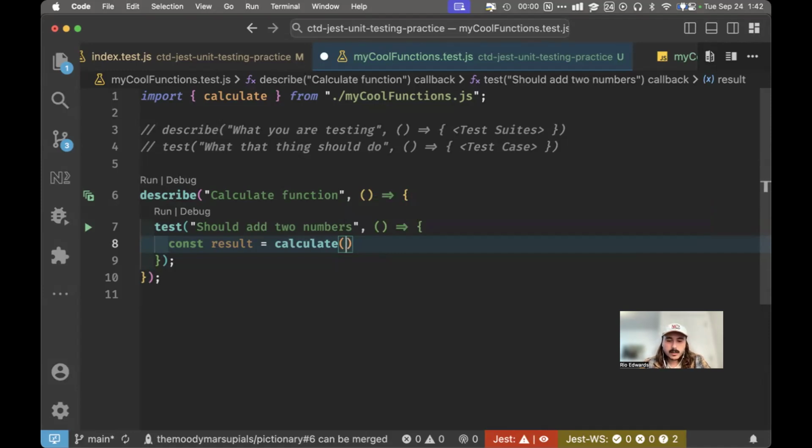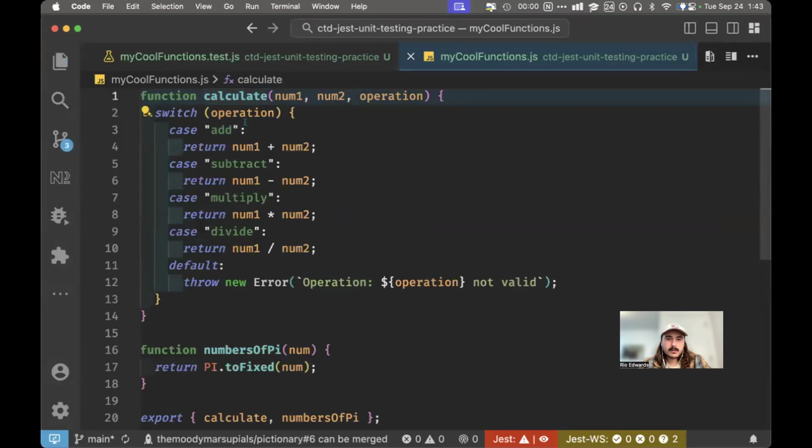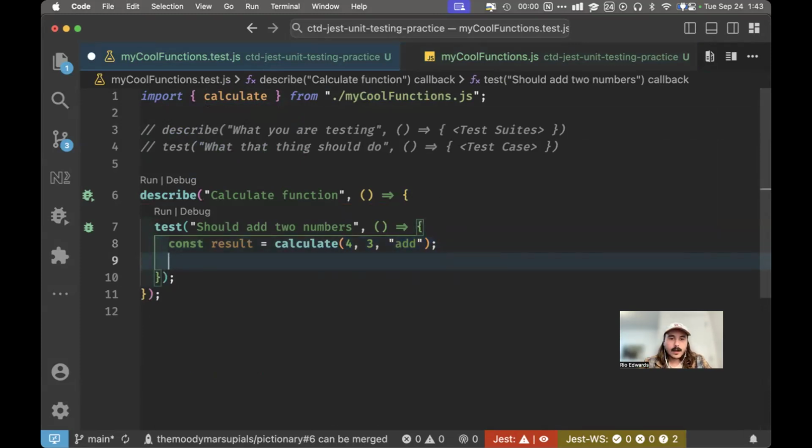Okay, so let's calculate. Let's do a hard one. 4 and 3. Because that's a tough one. And then we're gonna say add. So we're gonna add 4 and 3 together. And now we want to say, okay, after running this function, calculating 4 and 3, getting this result, what should